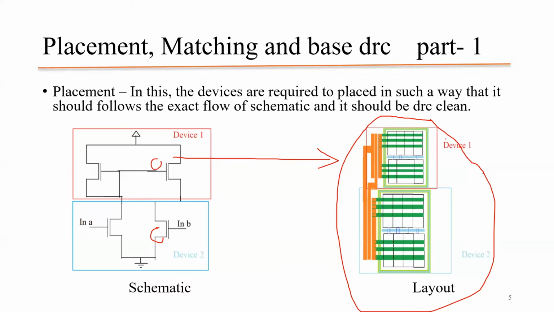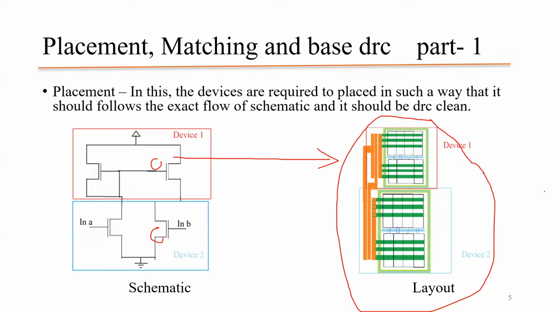Then we will move to the base DRC, in which we check the distance between N-well and N-well layers. There are lots of layers you will get to know later. There are multiple layers in the layout format: N-well, metal one, polysilicon layer, then oxide layer. We check this kind of DRC, called base DRC or half DRC, in the placement stage,